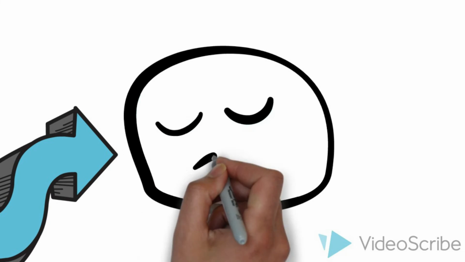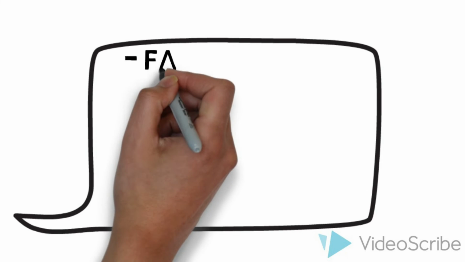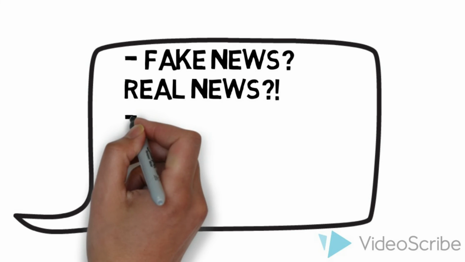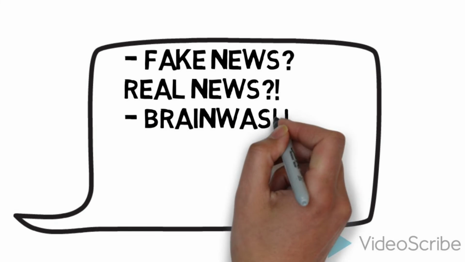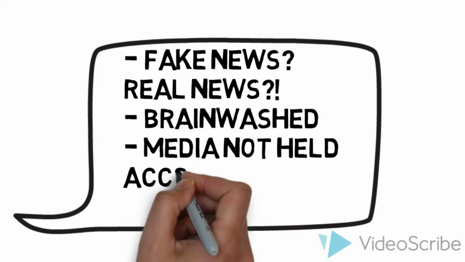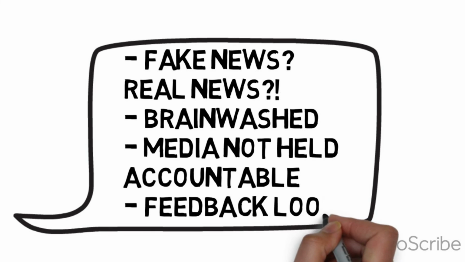Negative outcomes from a lack of critical literacy. Unable to effectively and correctly distinguish between fake news and legitimate news. Become brainwashed by what the media says. The media will not be held accountable if not for the people reading it with critical literacy. Feedback loop where the media holds government accountable and the citizens are informed by the media.